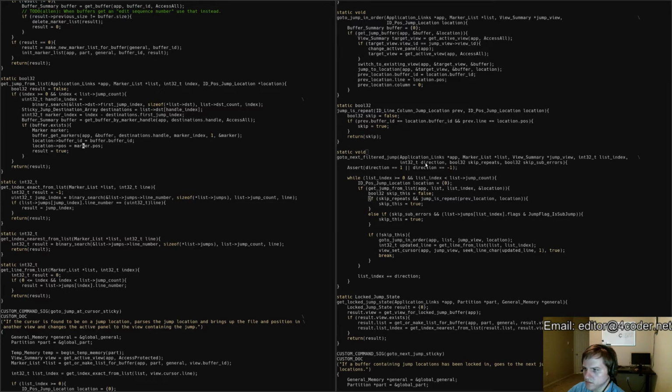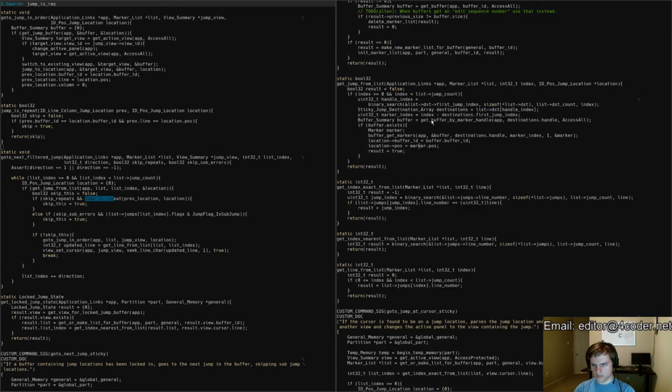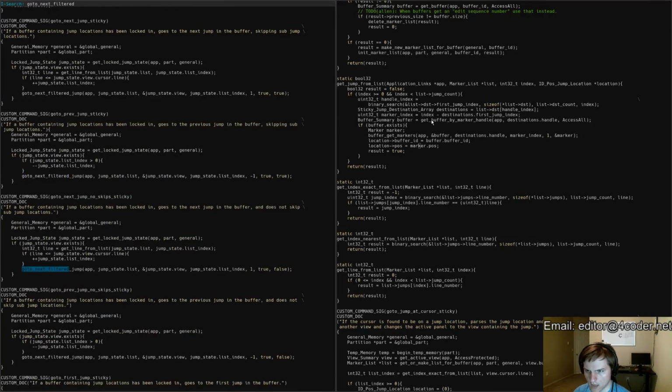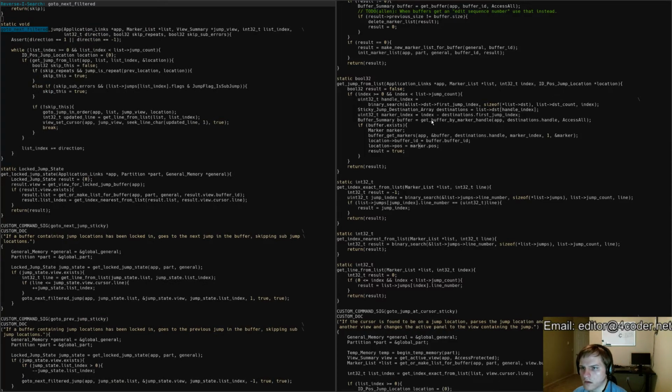And yet when I check if this jump is a repeat, I'm checking the line number of the line column versus the position of the jump location. What are you talking about? Jump is repeat. The weirdest part is that this code works. I think. Yeah, all of these things are calling it. It's used for going forward and backward. Skip repeats, skip sub errors are both